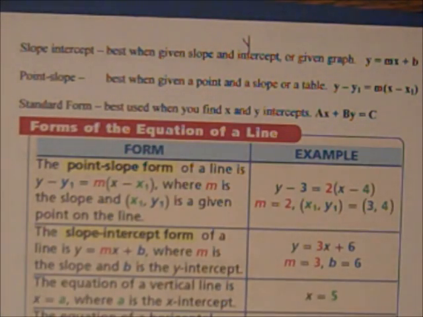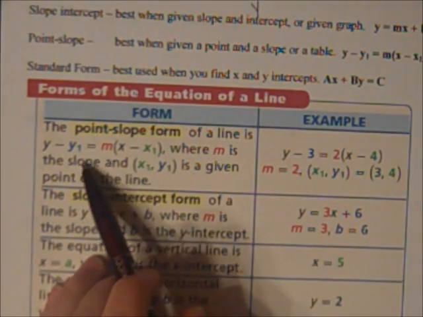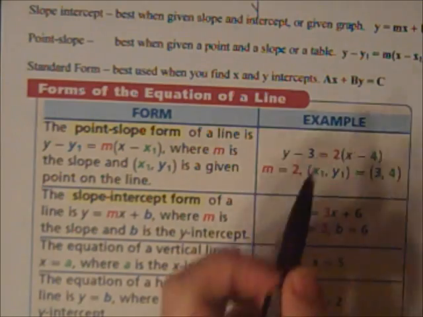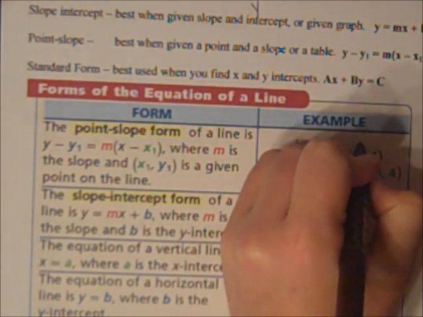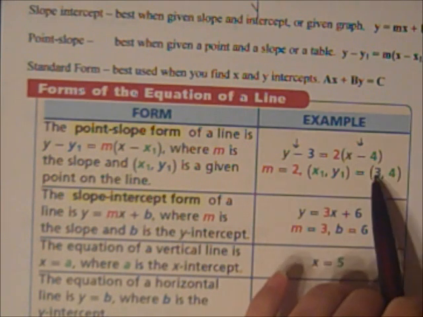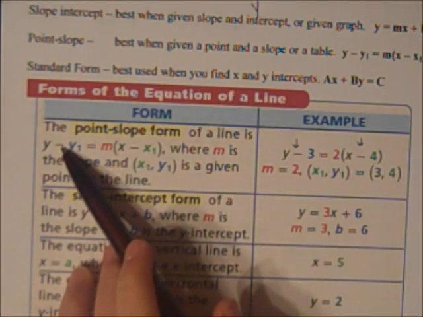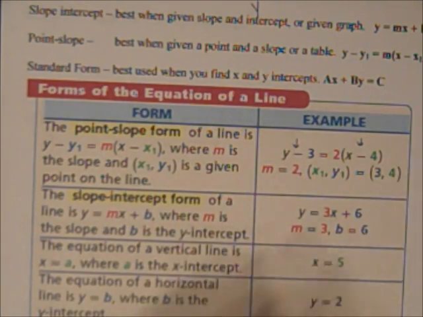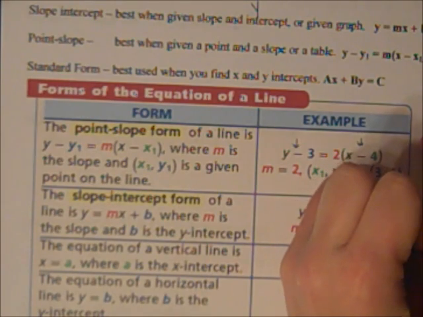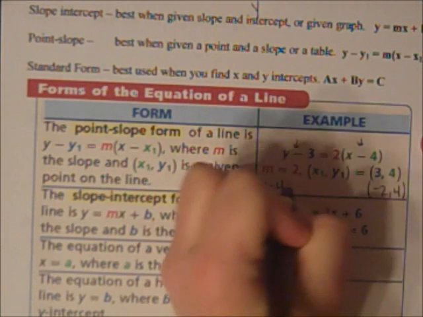Alright, so point slope form, we already talked about that one. Just one thing I want to mention is notice that the minus signs, y minus y1 and x minus x1, they belong to the formula. So even though this is a positive 3, when you plug it into the formula, it's y minus 3 because the minus sign belongs to the formula. So if you happen to have one that was like negative 2, 4, you would say y minus 4 is equal to